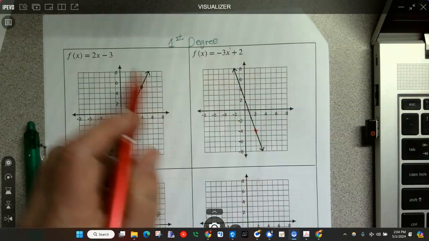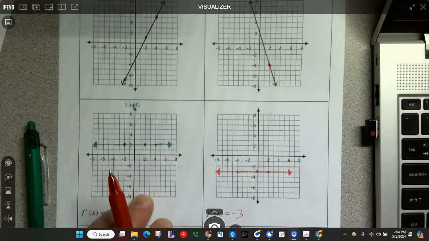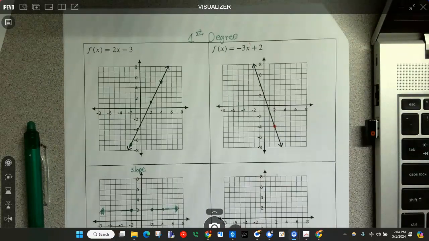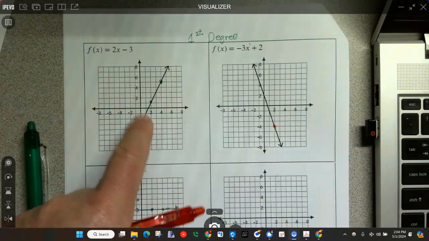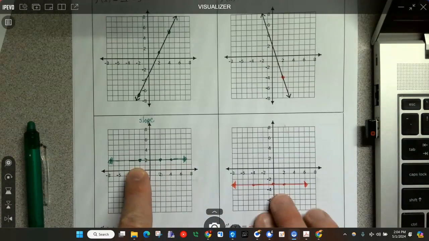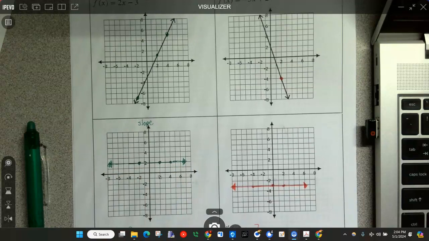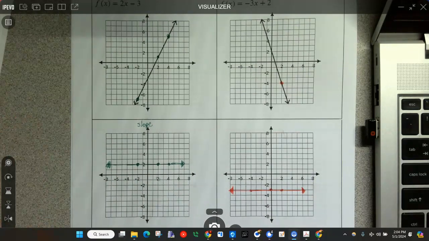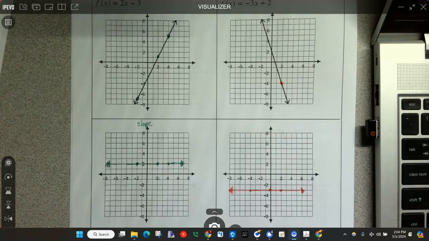The 2 goes away. Same thing over here. So you can get these answers down here, the function answers, by using the power rule, or by actually physically looking at the graph, plotting points, and asking yourself, what are the equations of these lines? And it'll come out to the same thing. That's a nice little way to check your answer, by the way, if you're not quite sure. Like, did I do that right? Okay. All right, let's pump it up to